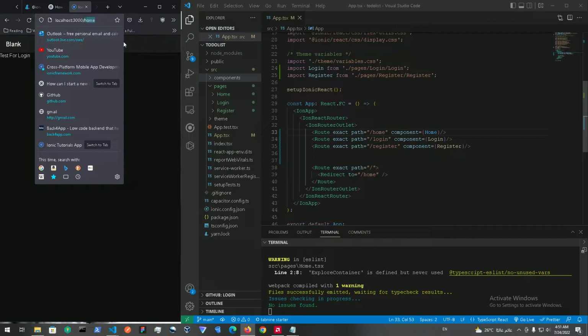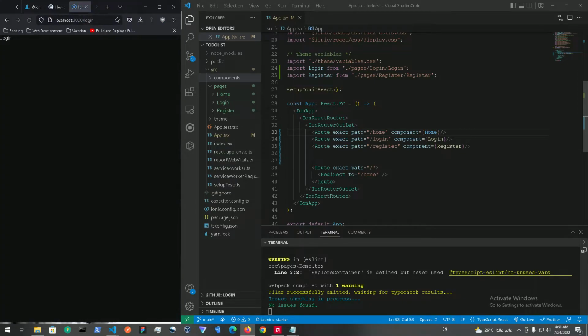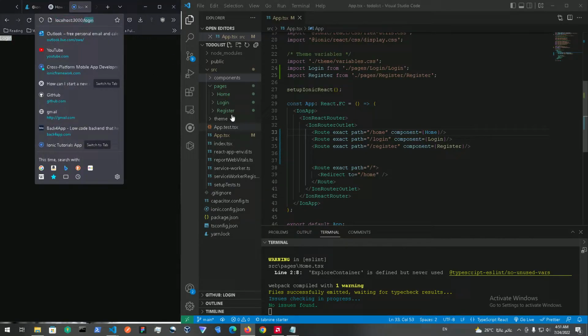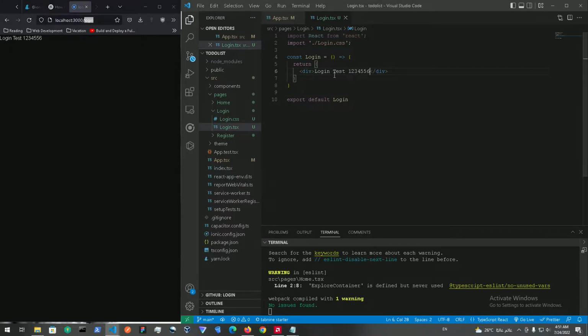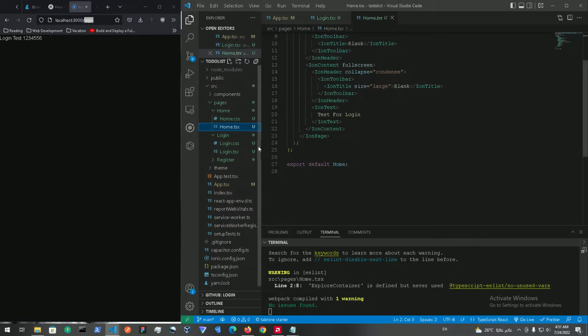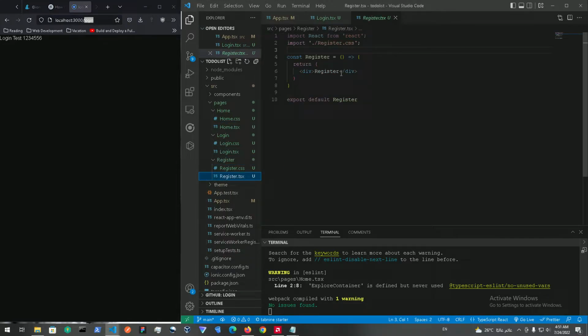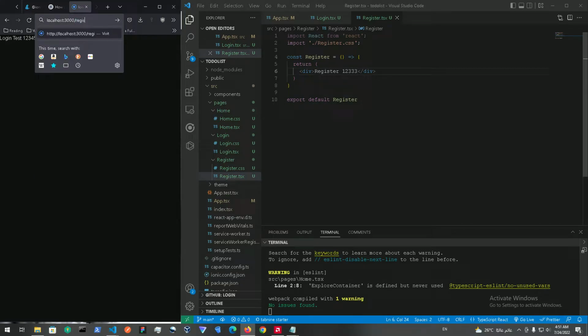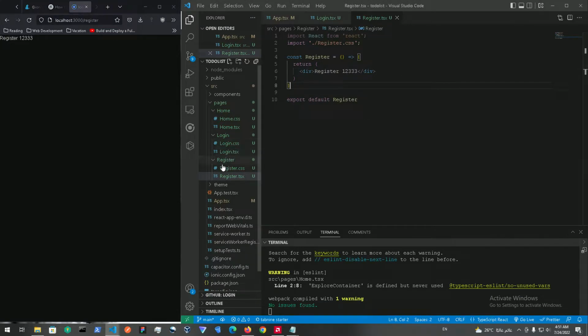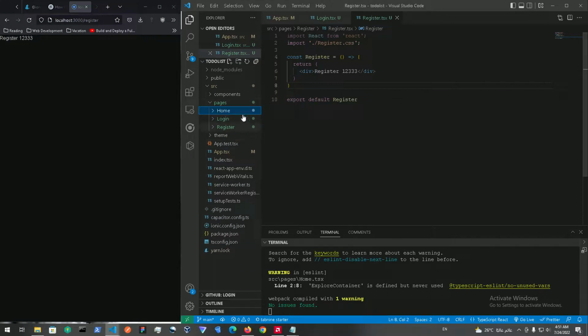If we change home to login, right now we're gonna be in the login page. And if we go into, which is basically this page, login test 1, 2, 3, 4, 5. Here it is, and the home page and the register page, I'm sorry, it's just gonna be register as well. And basically we just assign the route to our login pages and so on and so forth. Okay,